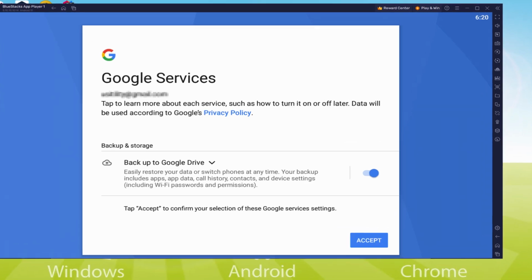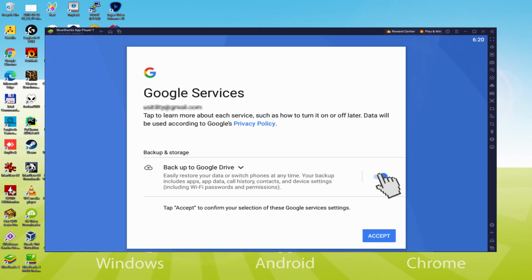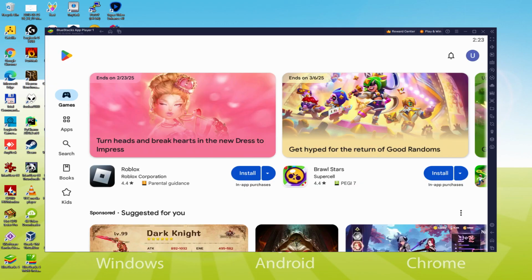You can leave it selected and it'll make a backup of the data on this device to Google Drive. I am not going to select it, you do what you want. We click on accept. Google Play Store is started by default and instantly. To set up the game, we have got to go to the emulator desktop for Android by clicking on